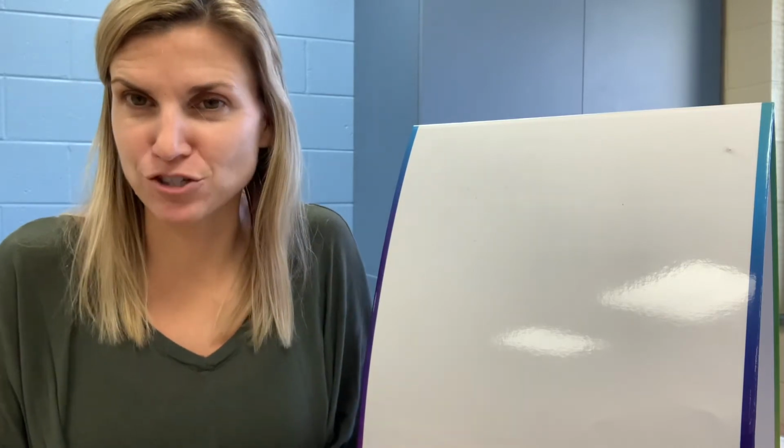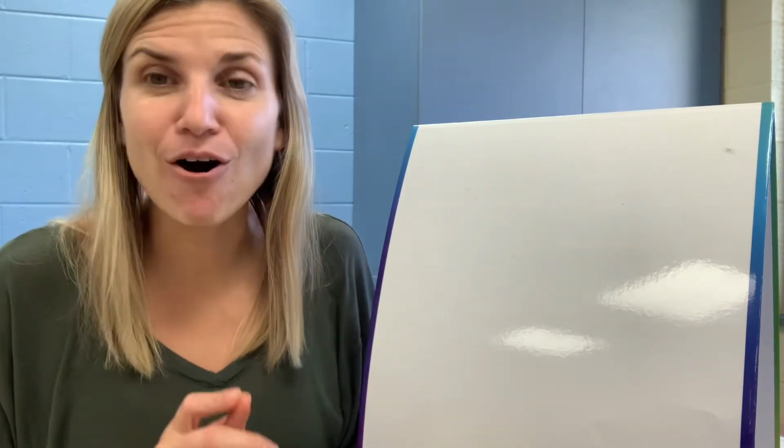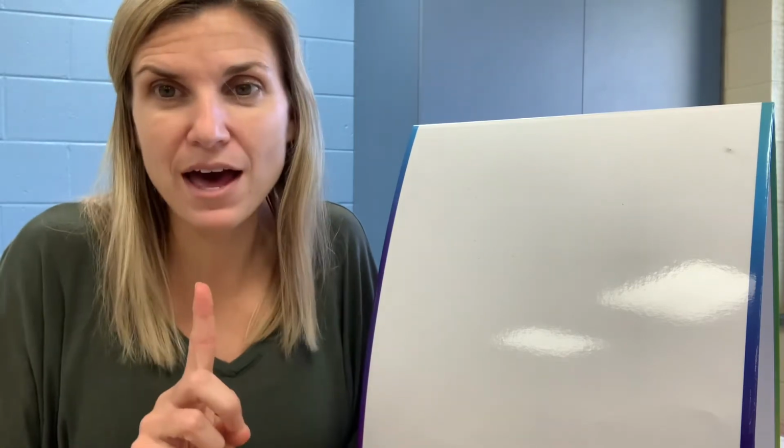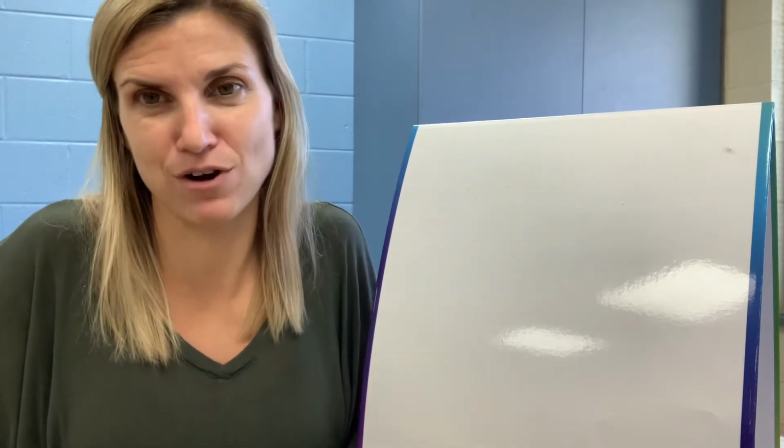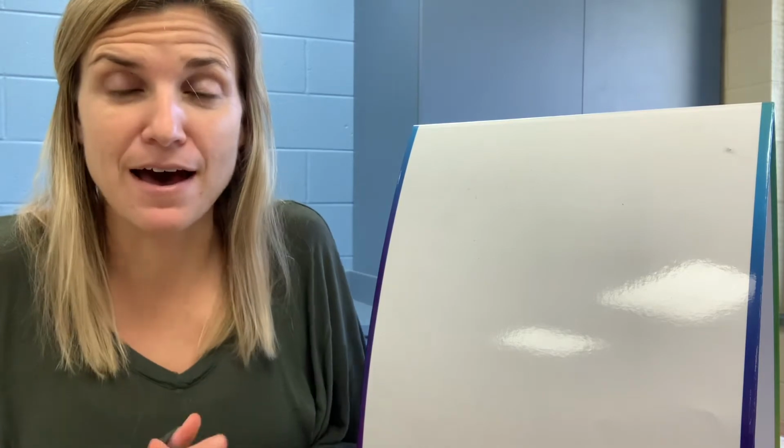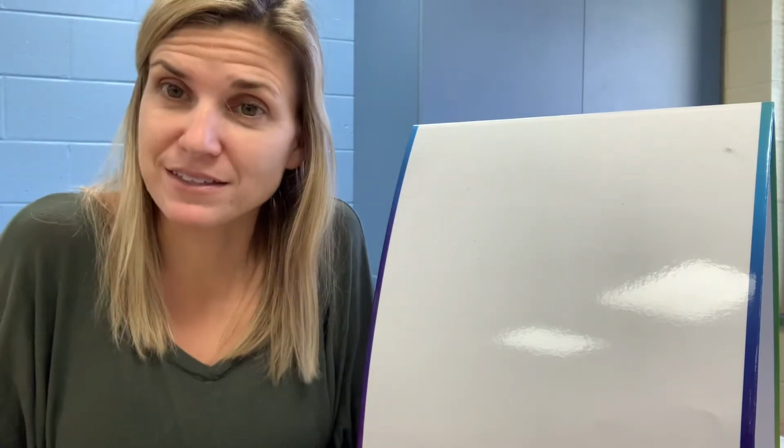Martin Luther King Jr. And on your seesaw assignment today, you were asked to write a sentence all by yourself using one letter to represent each word. And the topic of our sentence is going to be that Dr. King had a dream that everyone could be friends. So I want to know a sentence on how can you be a friend?